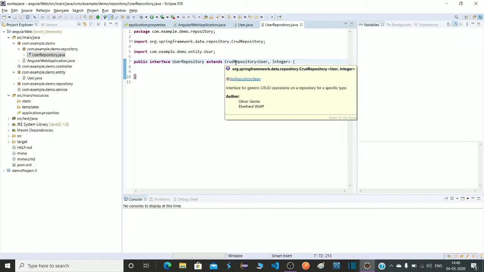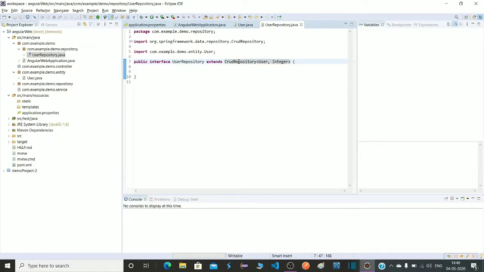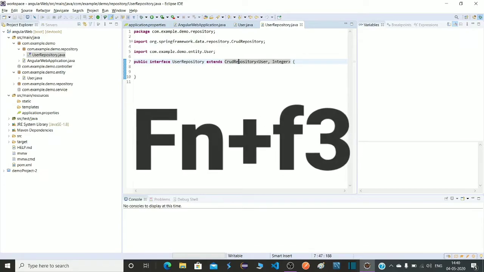Let's go to CrudRepository and check what methods are available in it. The shortcut is the function key F3.